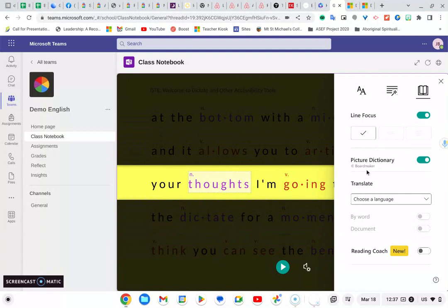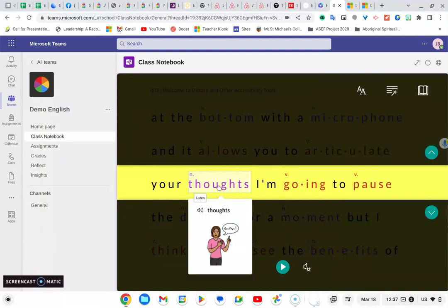It also has a dictionary, a picture dictionary. Because as we said before, when we are looking at designing activities, we want to focus on multimodal content delivery using the technology so that students can personalize their experience. We have the Universal Design for Learning principle of representation, and